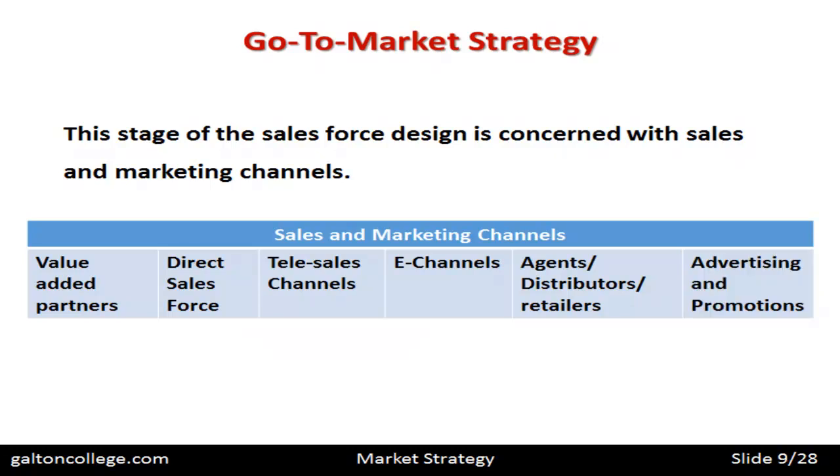And finally, of course, we have advertising and promotions. So the channel of communication may be advertising and promotion, which will talk about the benefits of the product, the desirability of the product, and also maybe where it's available, and also how much it will cost, what the price will be. So we can imagine various channels in the go-to-market strategy, ranging from the value-added partners on the left here to advertising and promotion on the right. And that comes from a text by Saltner and Sinha in 2004.